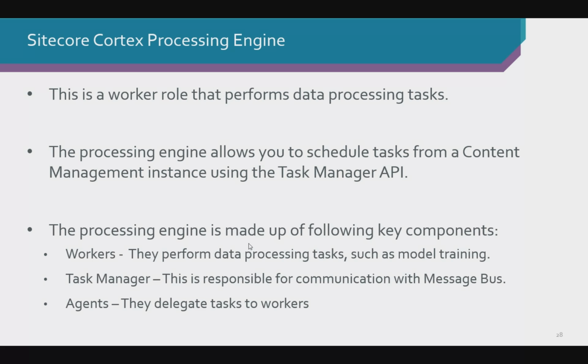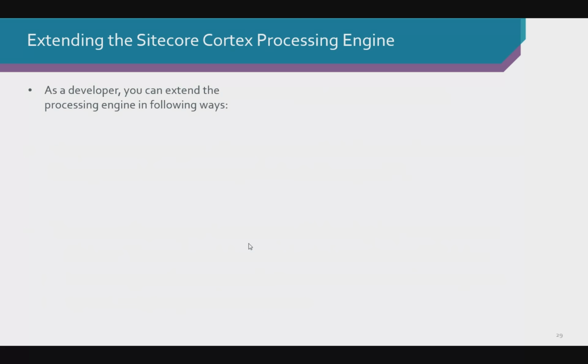The processing engine is made up of the following key components: workers, which perform data processing tasks such as model training. Task managers, which are responsible for communication with the message bus, and agents that delegate tasks to workers. So if you will be extending Sitecore Cortex, these are the new components that you will need to know about. So as a developer,